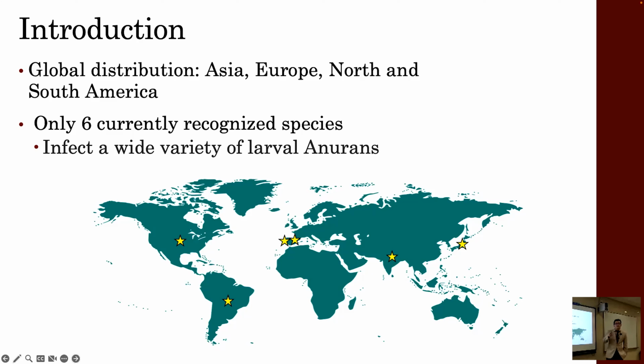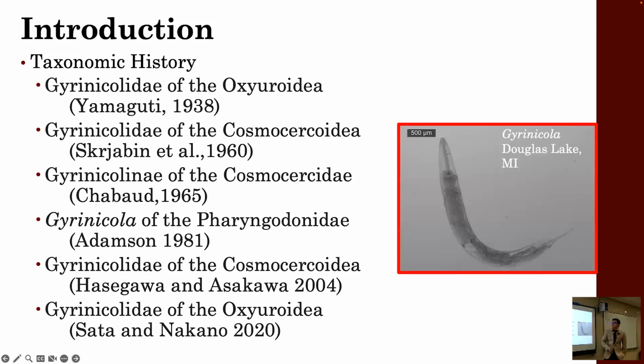They are noted infecting a wide group of these larval anurans, particularly Gyrinicola batrachiensis, the North American worm, has been noted in like 18 different species of anurans here in the United States. In terms of the history of the group, the original description for the group was written in 1938, and it was described based off of Gyrinicola japonica, which was described by Yamaguchi. In that description, because it was like 100 years ago, there were some characteristics that were just not described quite accurately enough,